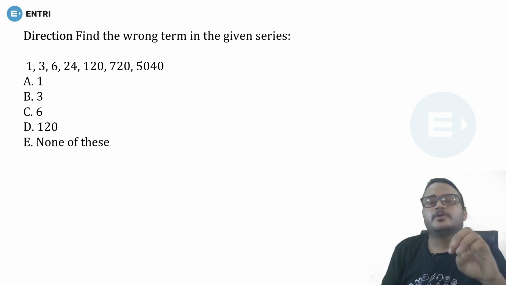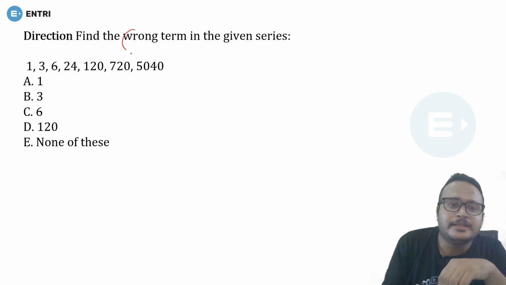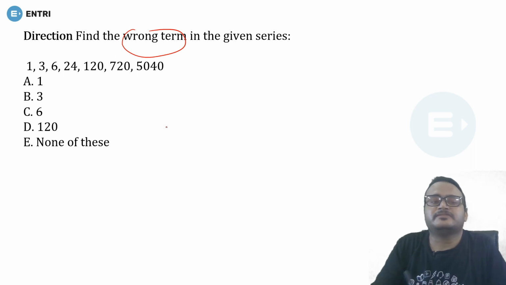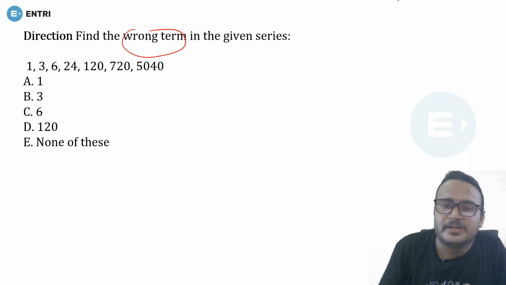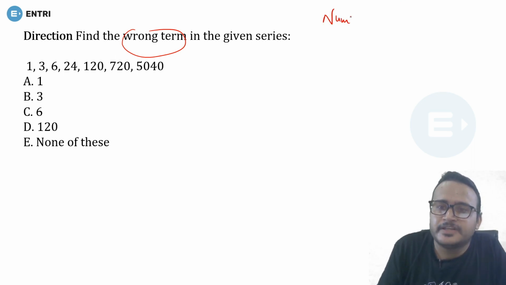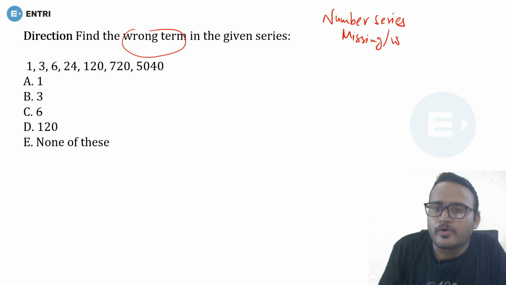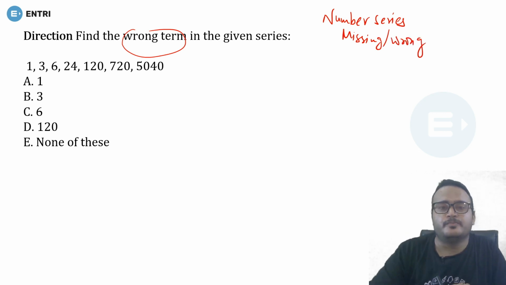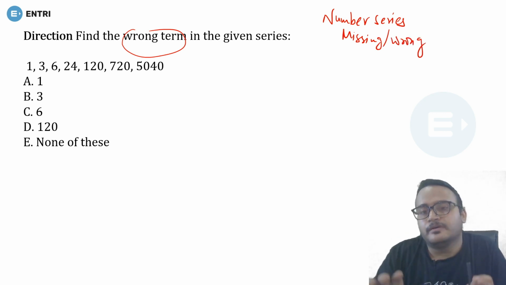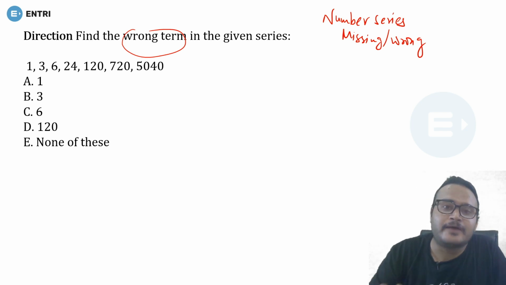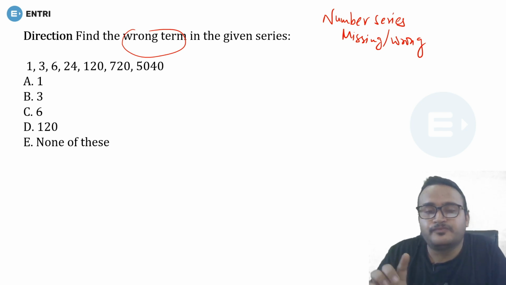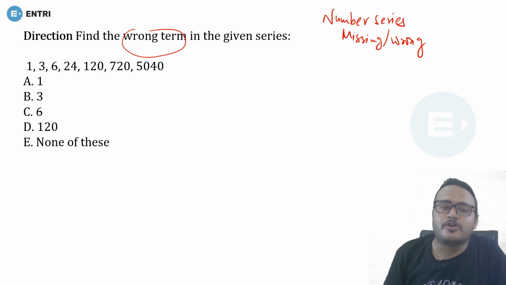Okay, so now we're gonna find some wrong number in the given series. These are the questions from the number series. So guys, if we talk about the number series for any banking exam, either a question from missing number series, or wrong number series, you will have in the examination. Okay, but it's very certain that you will have 5 questions. So either 5 from missing number or 5 from wrong number. This is very certain guys. So these are the wrong number series questions.